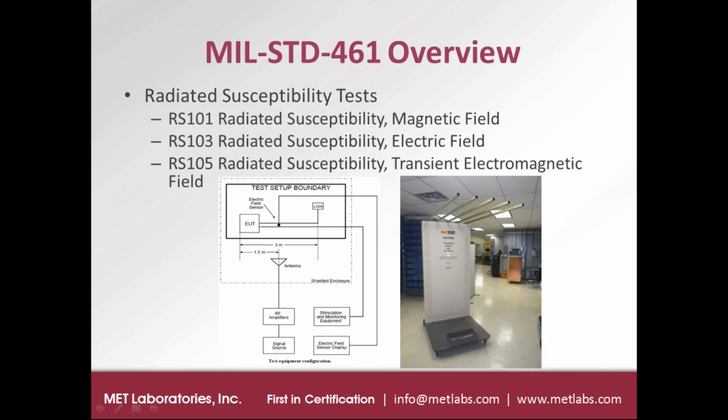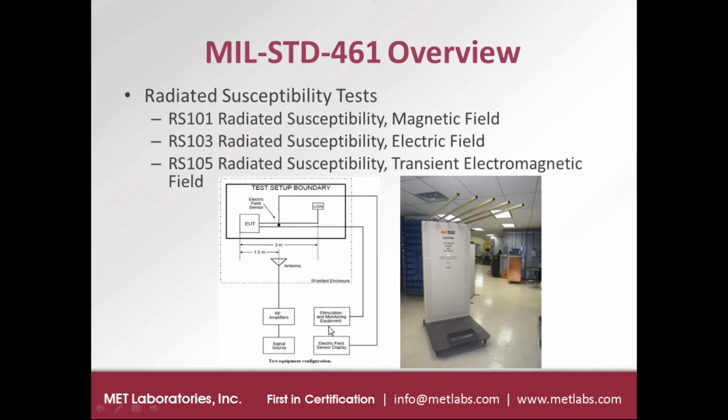The 2 setups that are shown here, on the left-hand side the drawing is the top-down diagram for RS-103. It's just showing the layout of the EUT and cables as well as the test antenna during the test, and then all the test equipment, which is a signal generator feeding through an RF amplifier on the outside of the chamber, and then it feeds into the antenna. And then the other equipment you see is